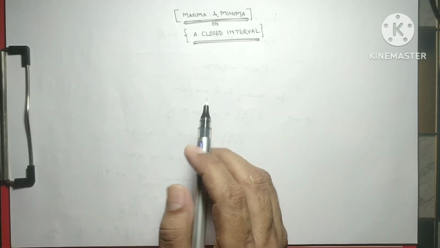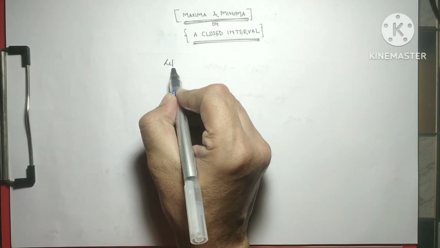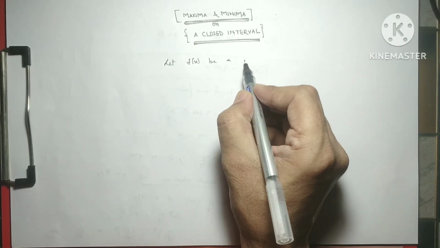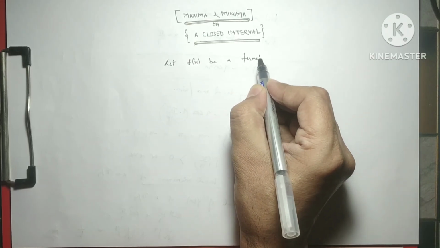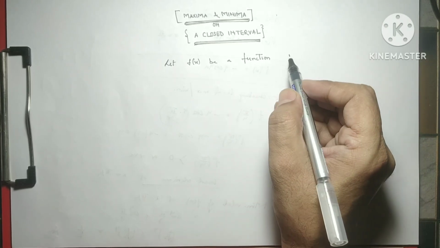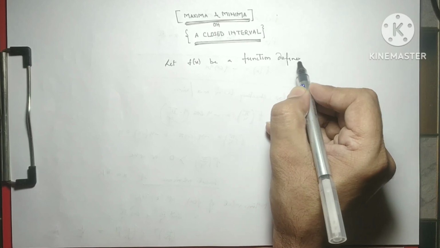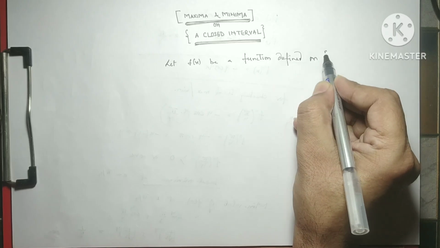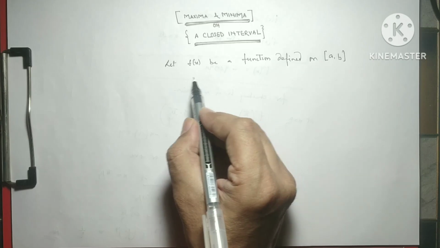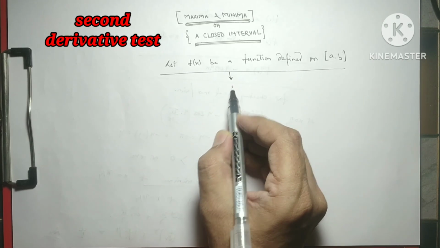of this function. So the working method is this: let f(x) be a function, maybe polynomial function, trigonometric function, any type, and it is defined on closed interval [a, b]. And right now we will use second derivative test,